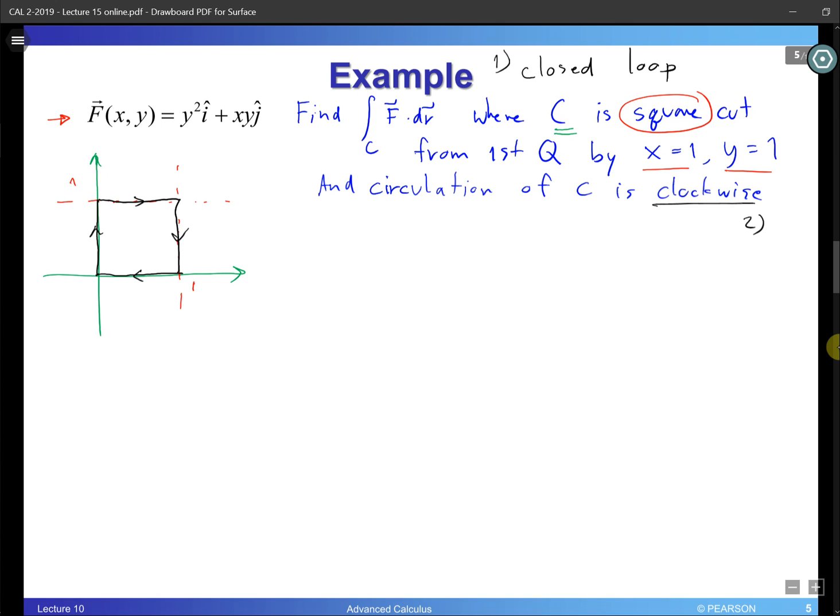So condition number 2 is counterclockwise, and we can see that, hey, this is not true here. Alright, what are we going to do here? So let's try to bring the formula back to this example. So here, before we had this formula,